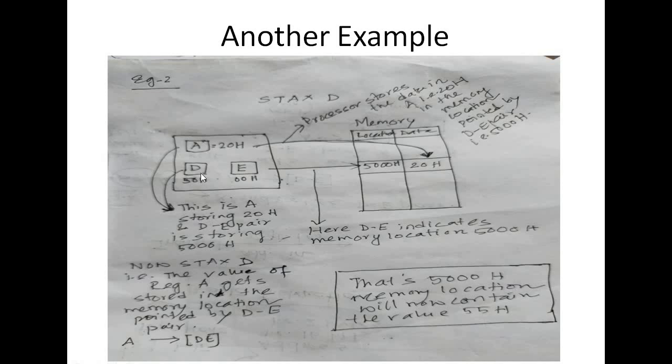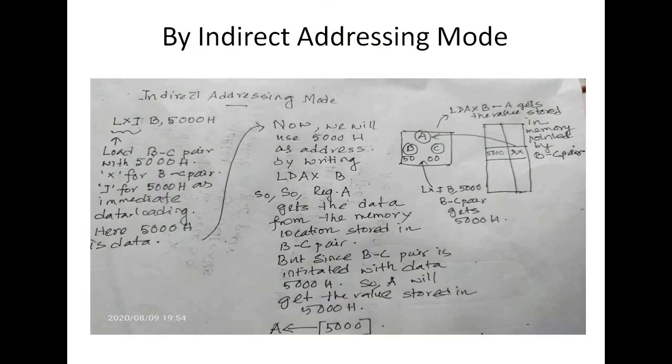Here I have told 50H is stored in D and E with 00H. Okay, I have written 50H in D, but how do these numbers get stored in D and E? We have to initialize this data, right? So for storing the data into BC pair or DE pair or HL pair, we have to write LXI. We have to load the data into those register pairs. Then only it will get loaded with the number, right? So for loading, we have to use immediate addressing mode.